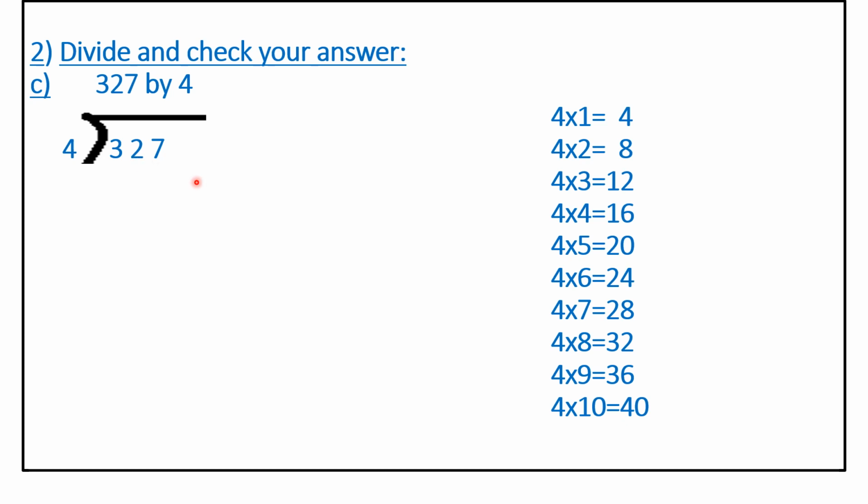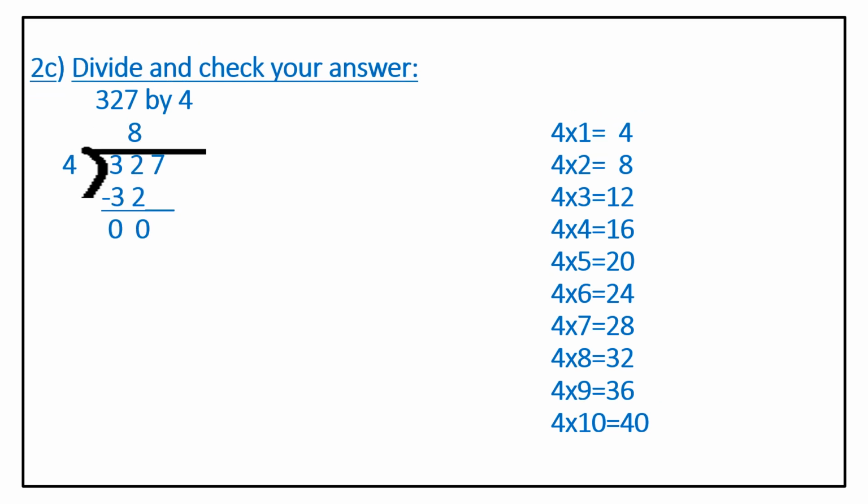In the 4 table, do you get 32? Yes, 4 8s are 32. So you write here 4 8s are 32. And 8 you write at the tens place, because we have taken these two digits. So you will not write 8 here; you write 8 at the tens place. Now you subtract: 2 minus 2 is 0, 3 minus 3 is 0. Now copy this 7 here.